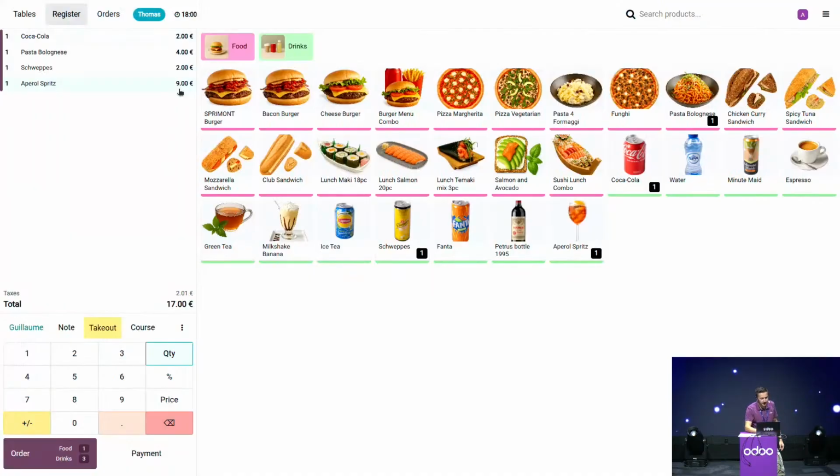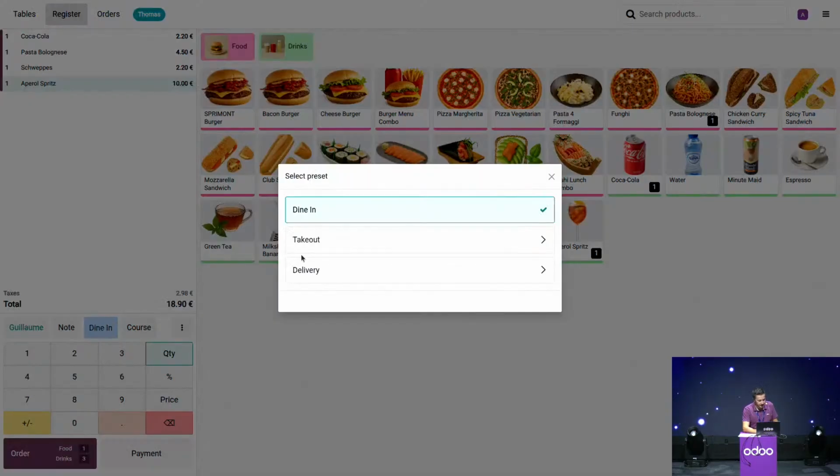And as you can see, here I have my prices decreased. You can see that directly, 2 euros for the Coca. If I get back to dine-in, 2.20 €. Automatically, my prices changed. And I think that something way better is that if you do a takeout,